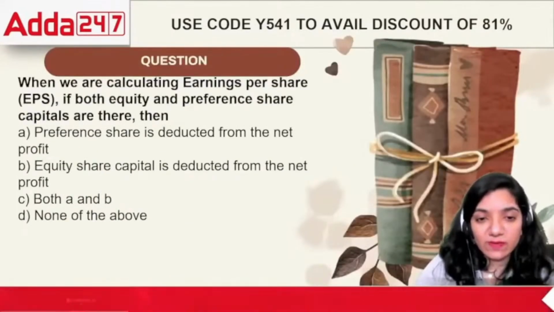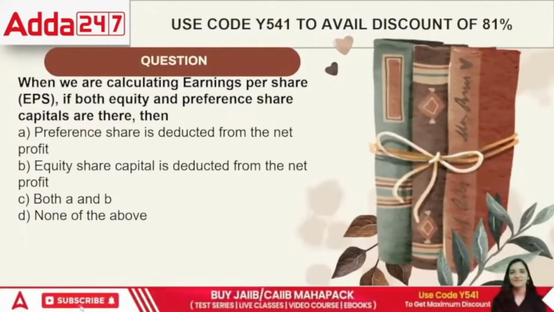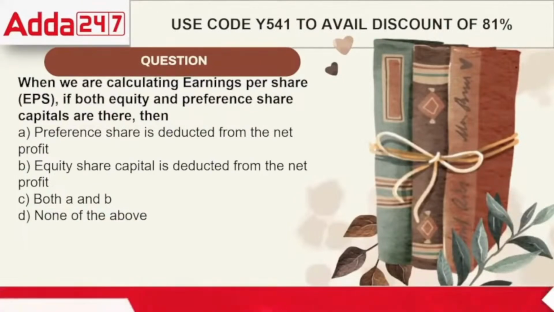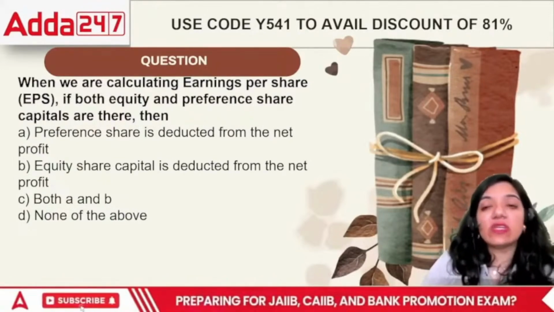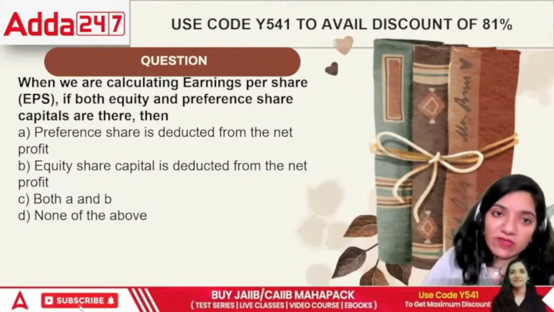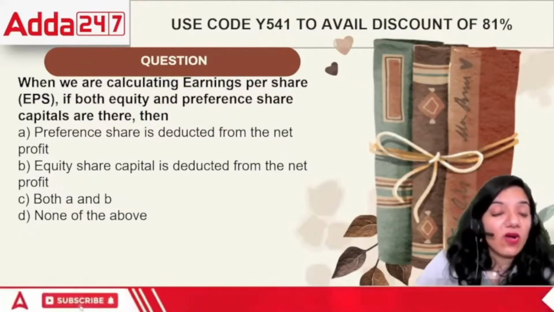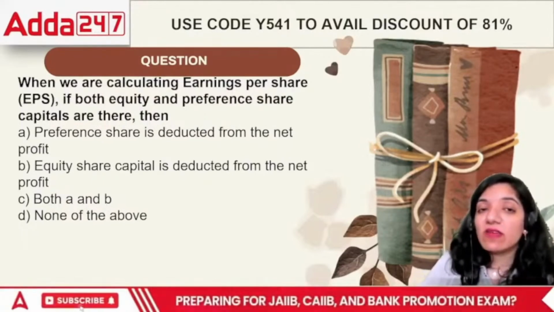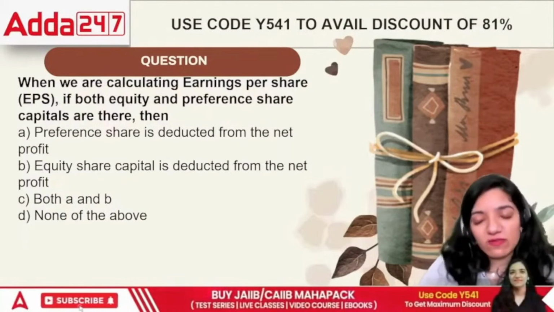Next question, everyone. Next question says, when we are calculating earning per share, both equity and preference shares are there. Then preference share is deducted from NP, equity is deducted from NP, or both A and B, or none of the above. Technically, when we are trying to find EPS, if both equity and preference are there, first of all,